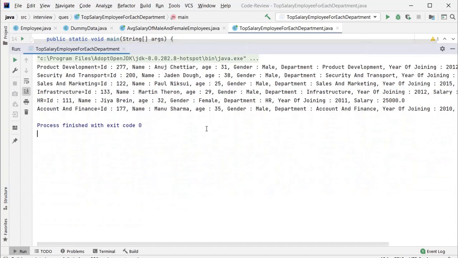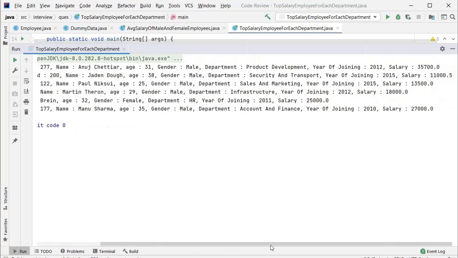So here you can see the records of all the departments. Records are coming from all the departments. You can see no department is repeated here, and they are displayed with the max salary.